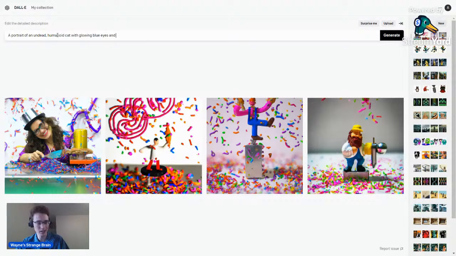It's a cat, bones visible. Okay, I think this will work. I might try this one more time, but with comma a portrait, or comma pastel, or comma oil painting.